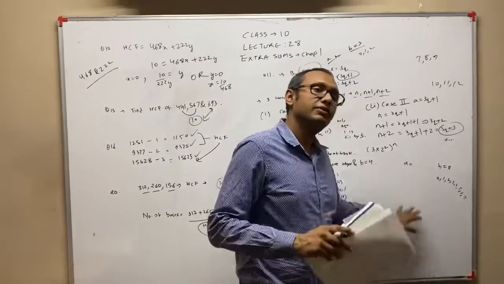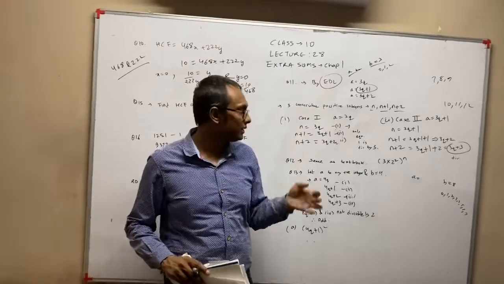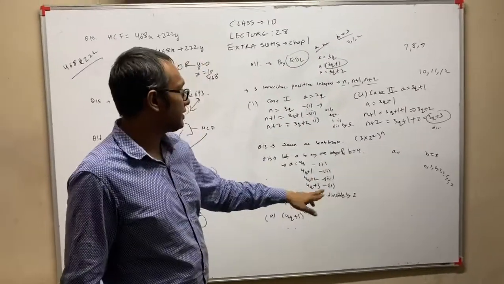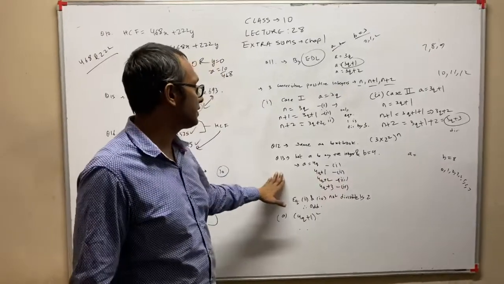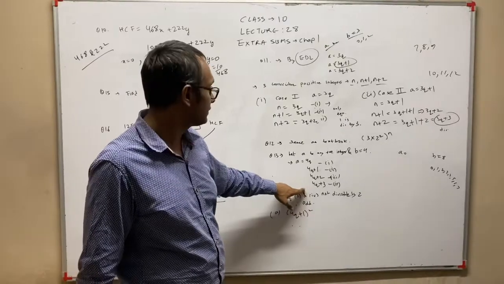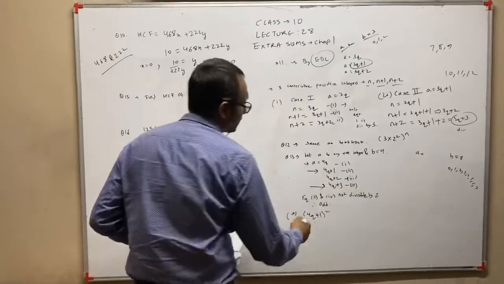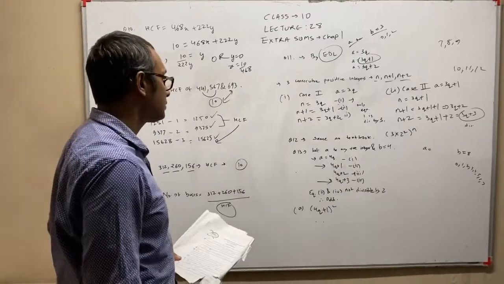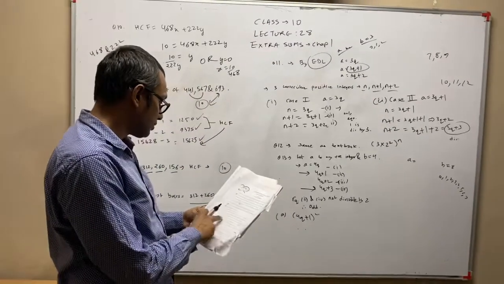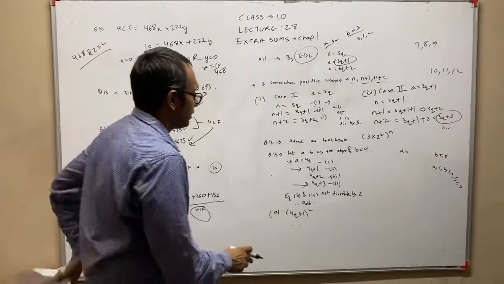So as we had done for question number 5 of exercise 1.1 where 9m was required and we had taken 3, here we will take b equal to 4. So let a be any positive integer and b equal to 4. Therefore by Euclid's division lemma we get 4q plus 1, 4q plus 2 and 4q plus 3. Here 4q plus 1 and 4q plus 3 are obviously not divisible by 2, therefore they are odd. Now we have to show that the square of an odd positive integer is of the form 8m plus 1.